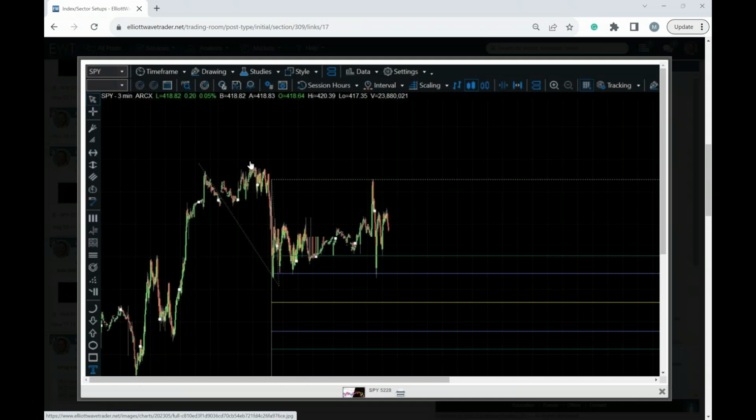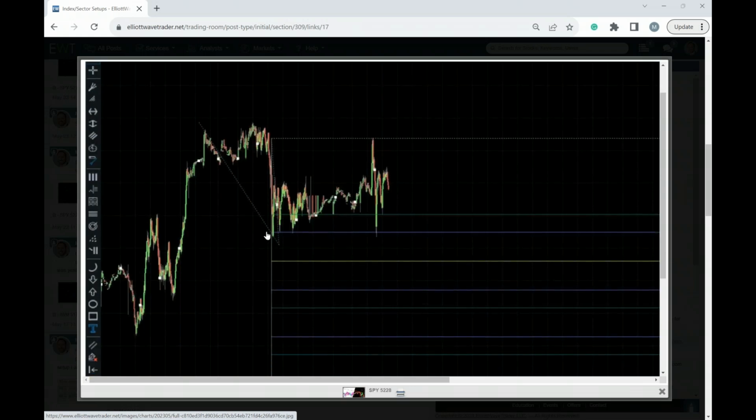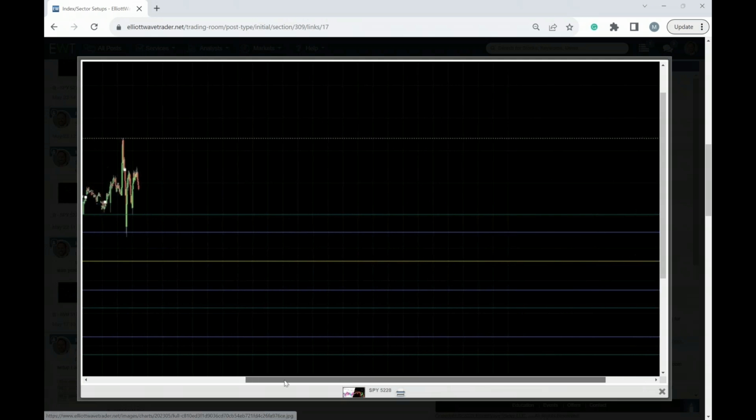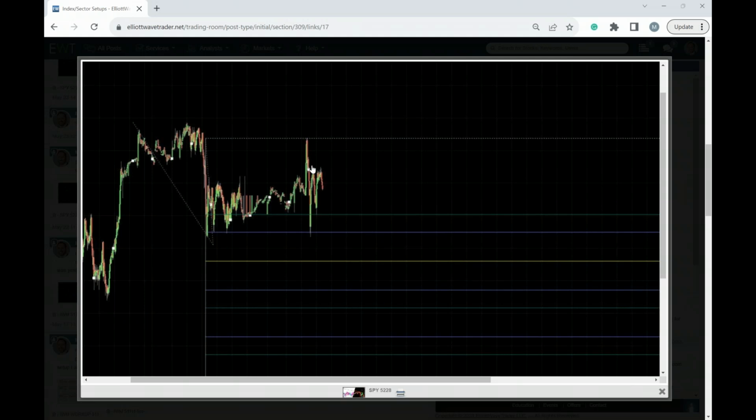Here we had 5 down, 1, 2, 3, 4, 5, and we had a very clearly corrective up. On this particular trade, I was really looking more at this corrective wave action than at the action to the downside. This was really clearly corrective. We held resistance right where we needed to hold. Then we had another 5, another really sharp move down, which could be counted as 5 down, right into our pivot at 61.8, 76.4. This was a really nice reversal off of a corrective wave action. This is what I really liked about this particular trade. So 1, 2, 3, 4, 5, corrective up, and then another sharp move down for a 1, 2, 1, 2